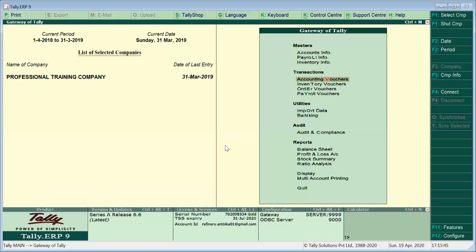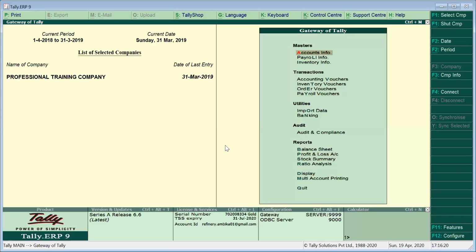If we have to make any entry for the purpose of purchase invoice or sales invoice, we have to go into the vouchers. Any entry that has to be made in the system has to be made through vouchers. The vouchers are categorized under transactions. So this is not the section we are concerned with for this particular training. Similarly, these are the reports, balance sheet, profit and loss account, and other things we are not concerned with. We are only going to stick to masters, and within masters, accounts info.